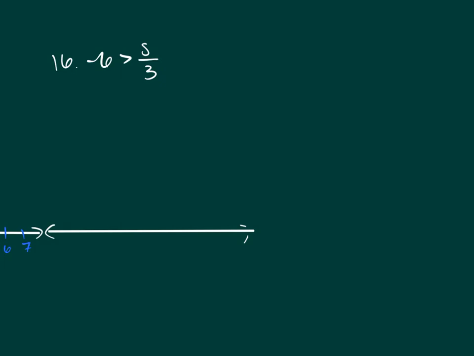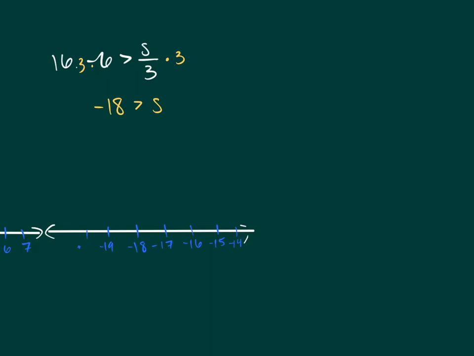So again, we have to simplify each side of the equation. Already done. No addition or subtractions, but there is a division, so we're going to multiply both sides by 3. So we get negative 18 is greater than s. Okay, so I'm going to draw. I've got negative 18, negative 17, negative 16, negative 15, negative 14,